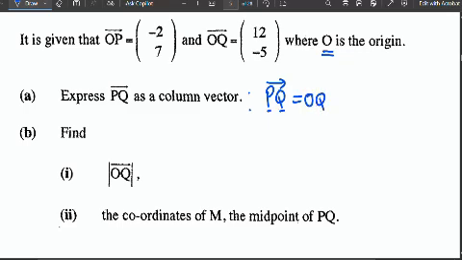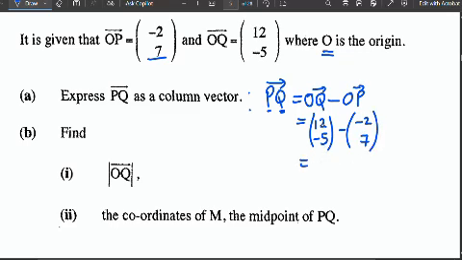OQ, the first one, minus OP, right? So our OQ is (12, -5) minus our OP. OP is this one, (-2, 7),